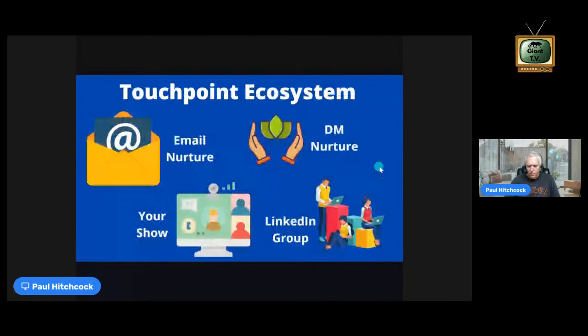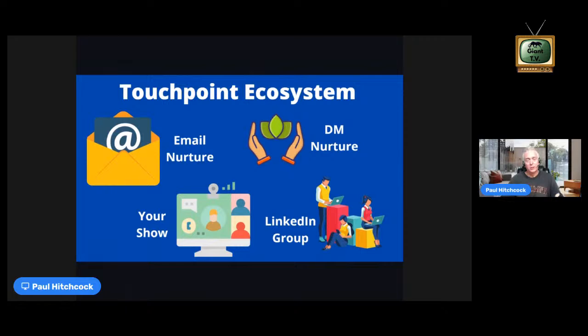Now what you're doing is you've got them coming onto your show, and after that Zoom call, you're getting them tied into your touch point ecosystem. And by this, I mean, you're going to talk to them again. You're going to introduce your services at this point. You're on the interview, and this is where you start to really unfold what you do, see where the interest is, and start inching towards asking about their interest in what you're doing.